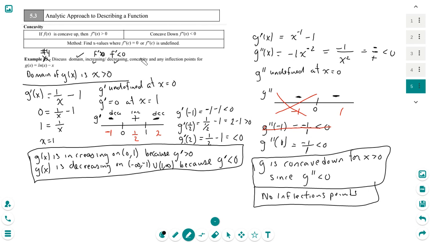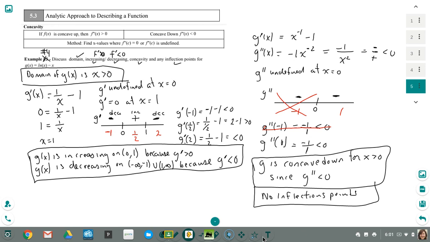All right, so have I answered everything? Let's see, I talked about concavity, I talked about inflection. I've got everything checked off, and there are all my answers for each part, including domain. And that concludes my final example. All right, good luck with your